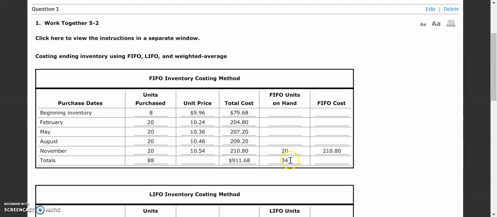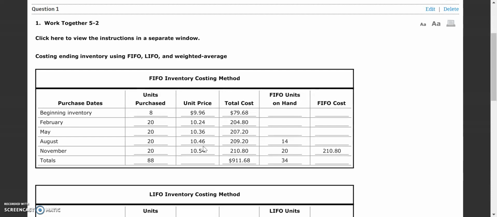Does that make sense? Cents and cents. And then we move backward into August. Now, we don't need all 20 of these because if you took 20 and 20, you'd get 40. So we really only need 34 minus 20, which is 14 units. So in order to figure out our FIFO cost for this, we take our 14 units times the $10.46. And when we do that,